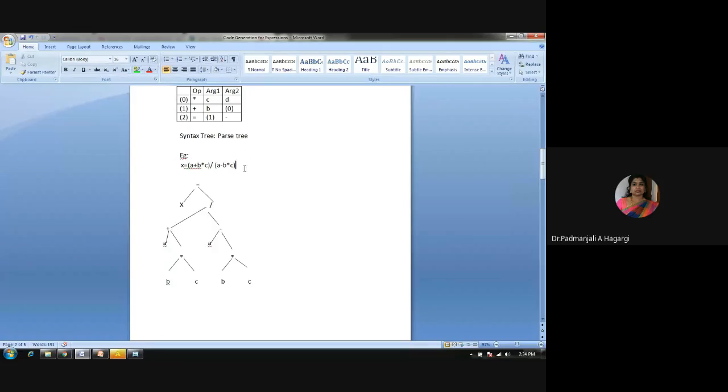For this parse tree it works in the same way. First it has to load B into some register, then it has to use the mult instruction, then move this resultant to some temporary variable, then add A to that temporary variable, and store the result for the time being in a temporary variable, and again